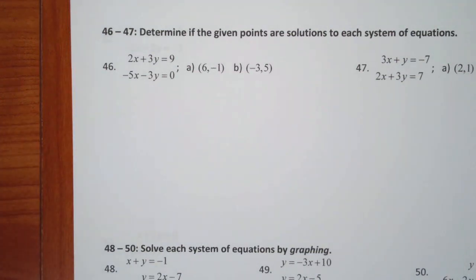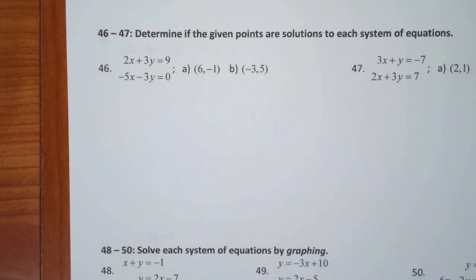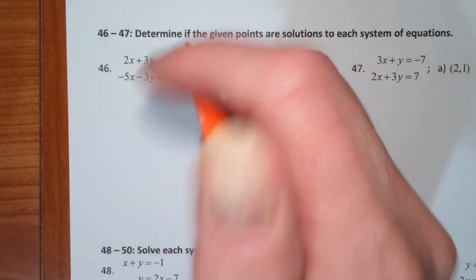Okay, so the second part of this unit was about systems of linear equations. So we have to be able to know if a point is a solution to the system. And remember that a solution to the system has to make both equations true. So if I'm given a system of equations and a point, I substitute